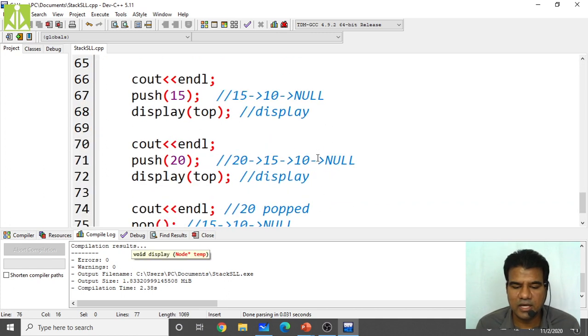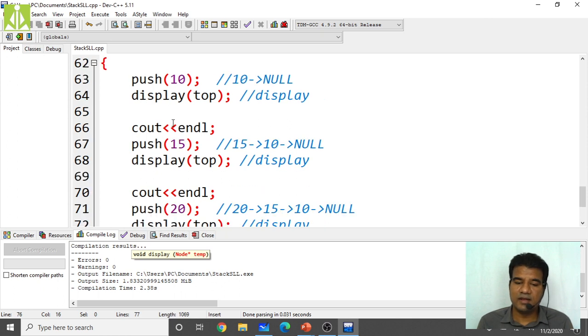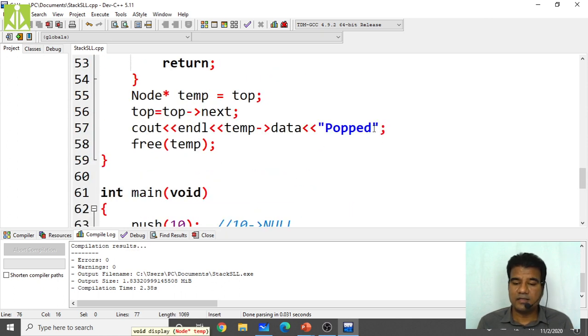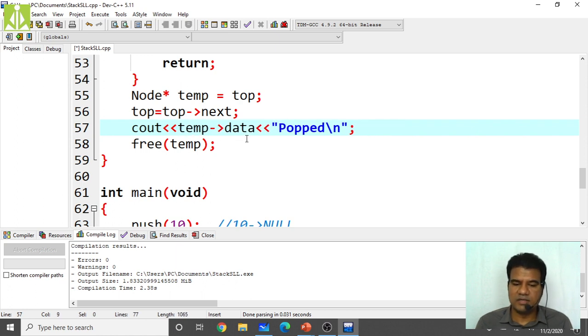It is not giving any error, but it is not printing properly, that's it. Because inside this push function also we have one, this popped. After popped also we have to put one \n. So like this particular thing is not required. Basically if you put this endl from the beginning to the end, you will get it properly, that's it.